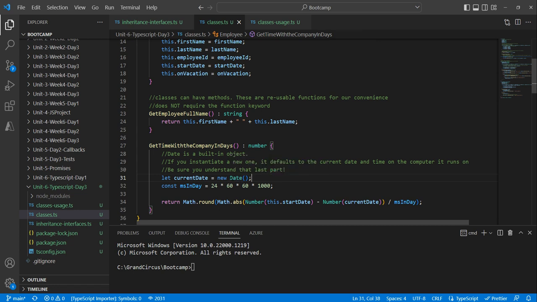If you do new date, see this new keyword? Okay, this is instantiation. Okay, instantiate, make a new date. So it says, okay, cool, make a new date. Well, what's the date? The default is the current date and time. So if you do new date like this, it will be equal to the current month, day, year, and time on your computer. Now, the reason I'm constantly saying on your computer here is because if you do run this